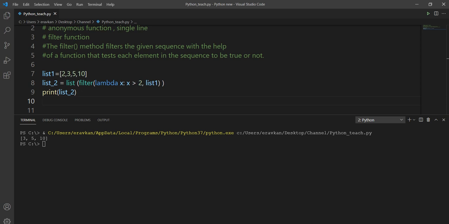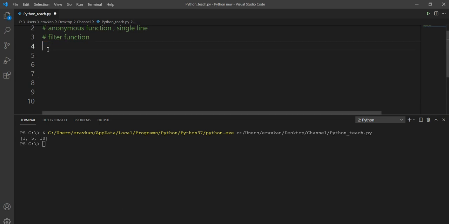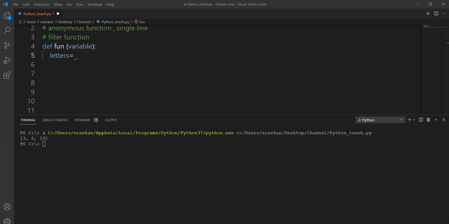Okay, let me give you some more examples. Now let us write a big function. Suppose I define a function. What does this function do? It filters from a list only the vowels. So suppose I have letters, and I have here a list of my vowels.